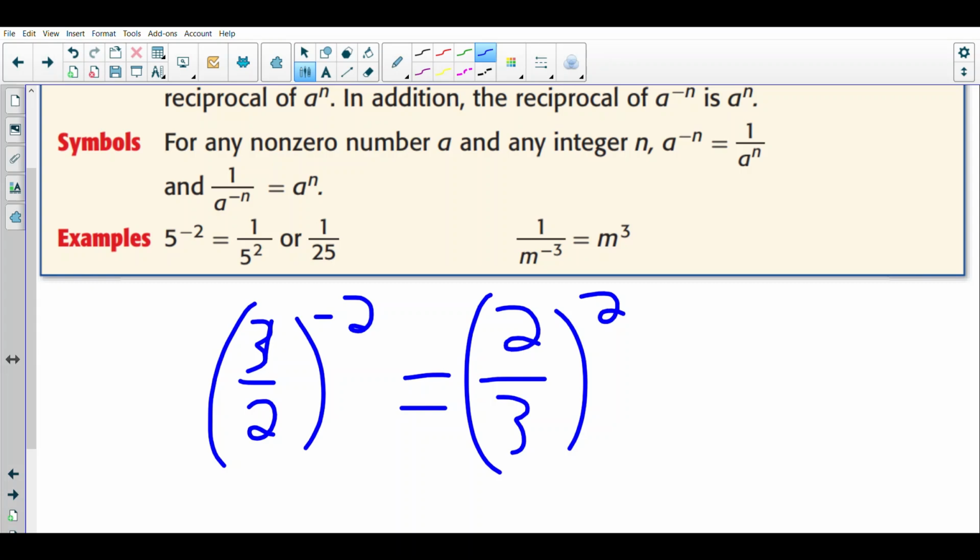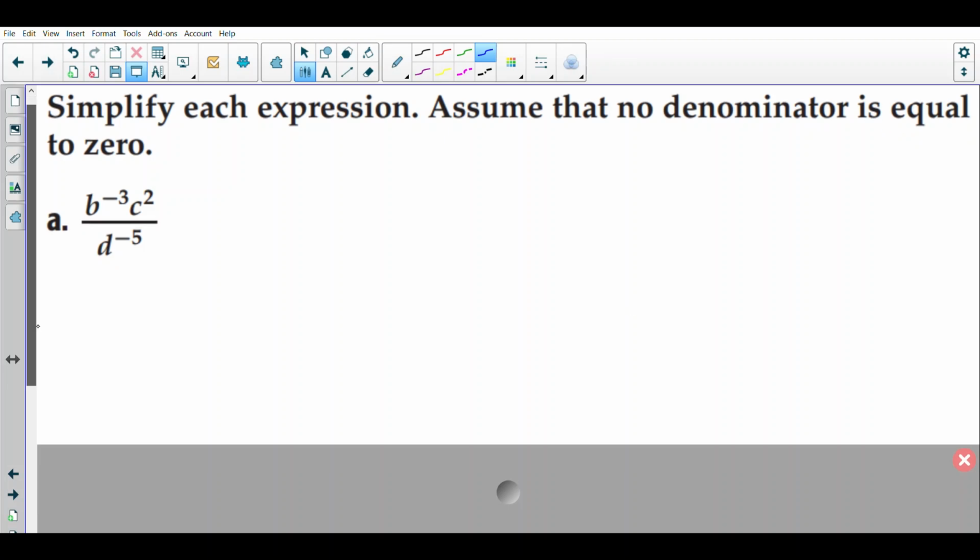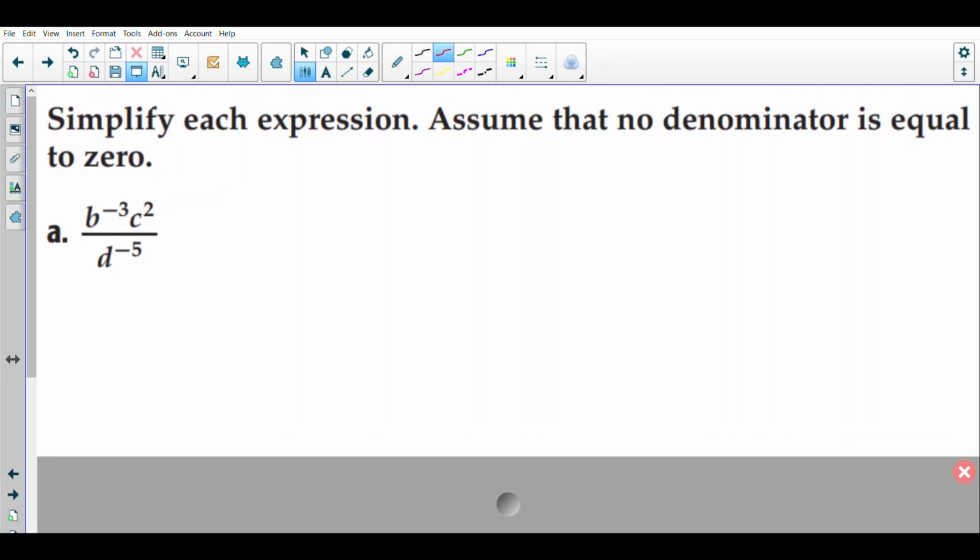Okay? So simplify each fraction. Assume that no denominator is equal to 0. So now we have b to the negative third and c times c squared over d to the negative fifth. Now there's nothing the same, so we can't really use any of our other properties. So that b to the negative third, that negative will drop the b down,